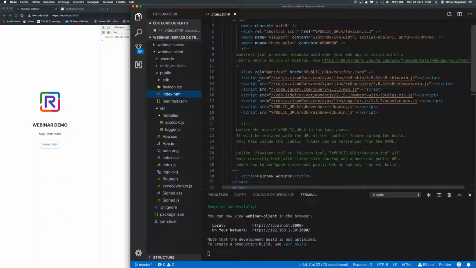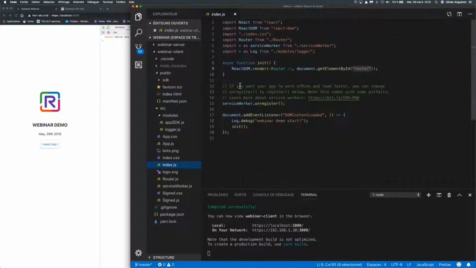After that, in this React application, the first file that is called is the index.js file. Perhaps it's the first time you see a React application, but it's not complicated. We just wait for the DOM to be ready, and then we decide what should be displayed in the web page.